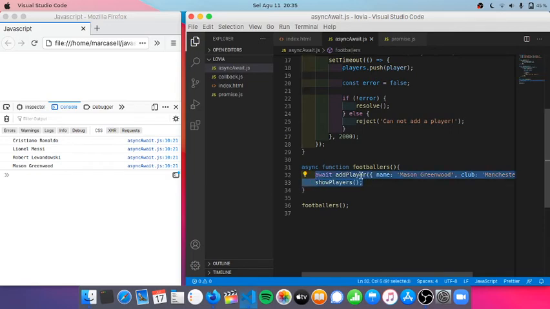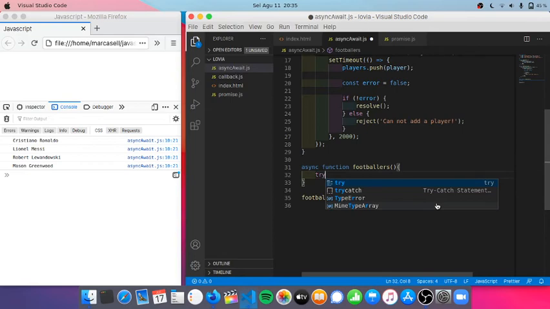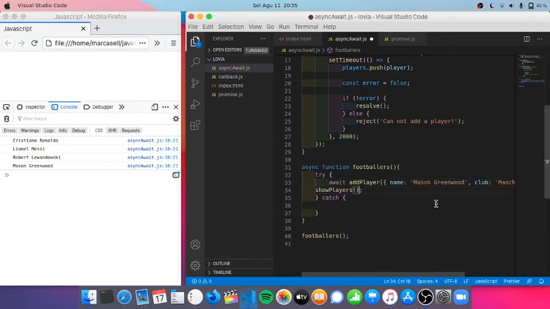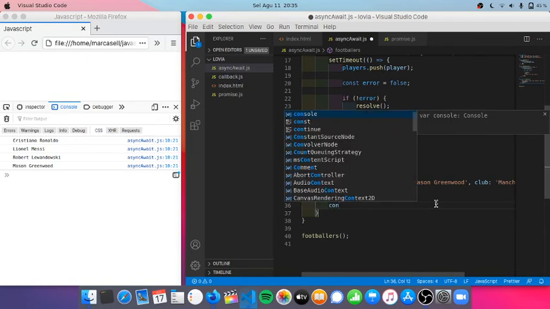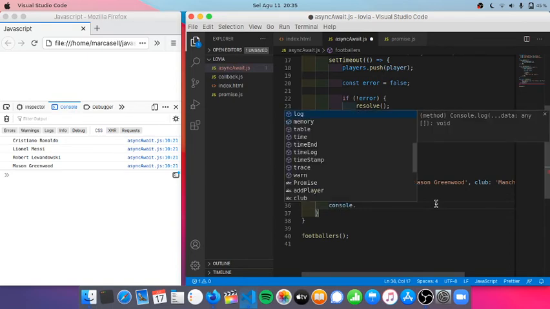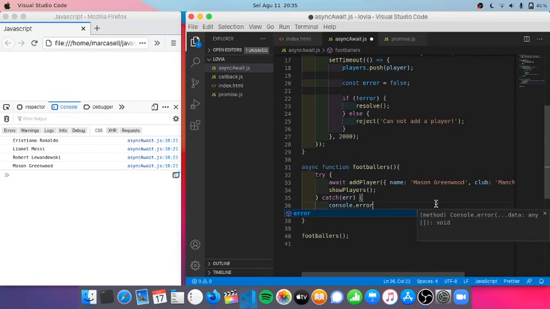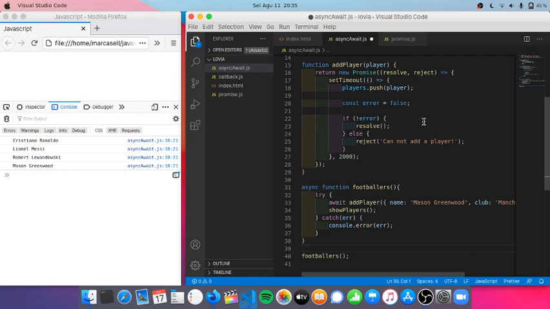Instead, we can put try and catch. Okay, then I will paste it here. And if it is error, I will just put this console.error and put error as parameter. Okay,